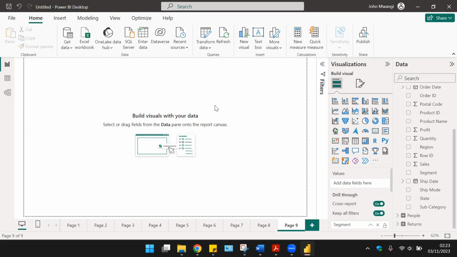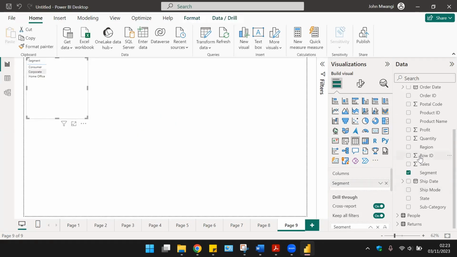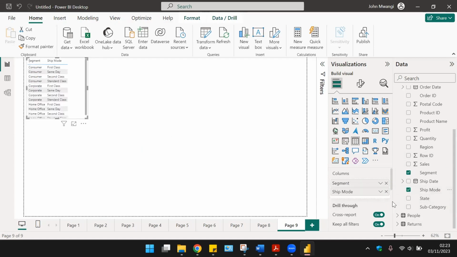So far we have looked at different visualizations, such as the bar chart, the line chart, the pie chart, the geographical map, and other types. I would like to introduce a new feature in Power BI that makes visualizing this data easier. Let's start by creating a bar chart that has the shipment modes and the segments, and then represent this